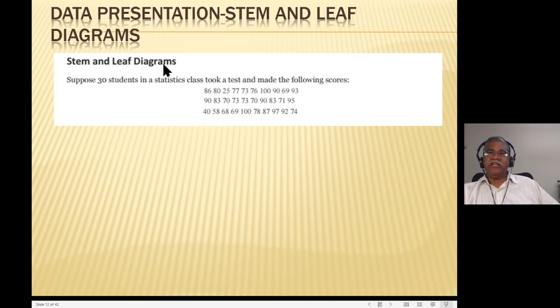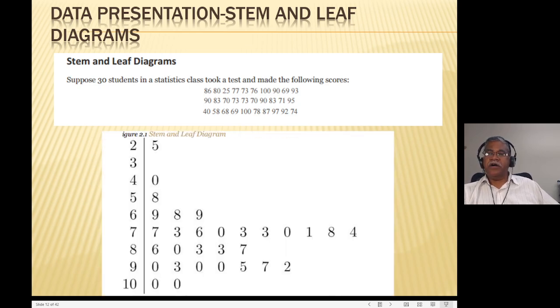And one way to represent it, which eventually becomes your bar graph, but we'll see how we come about it, is basically to create what is called a stem and leaf diagram. So this is the stem, and this is the leaf that arises from the stem, right? So what you'll see is this is 20s, 30s, 40s, right? Now, though this is like a zero, zero doesn't mean more.